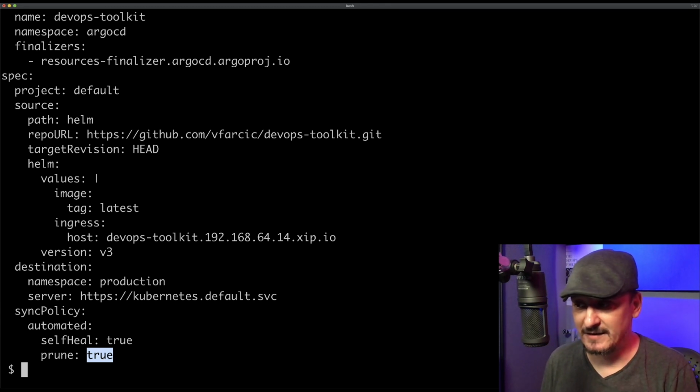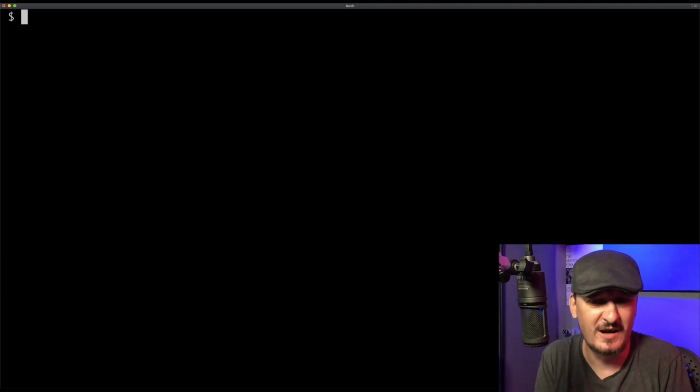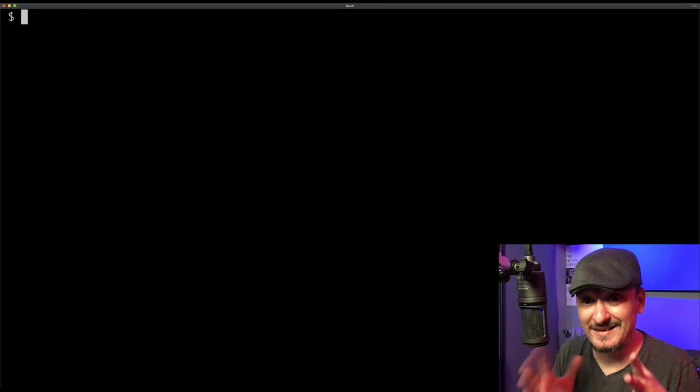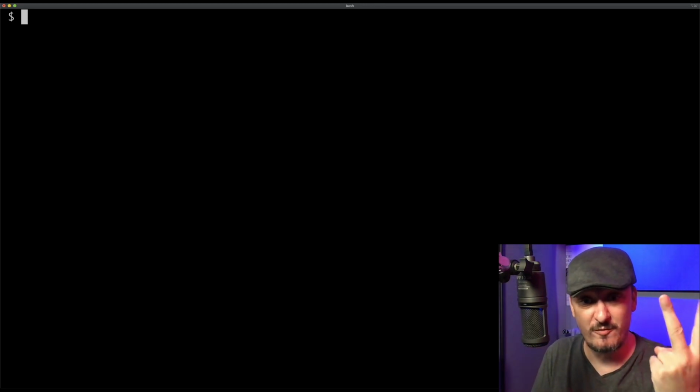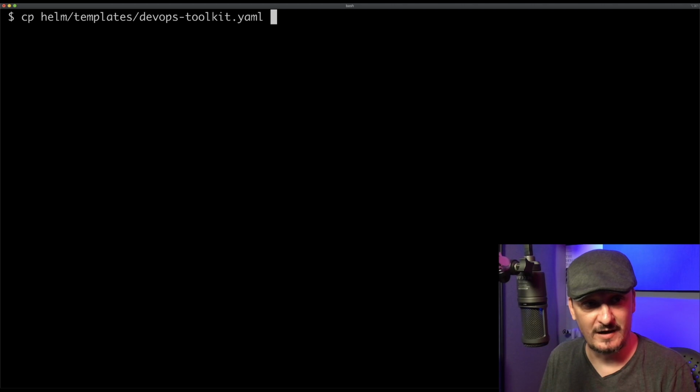Okay, that's nice. So we have one application defined. Now let me define another application. Production with only one app is kind of boring. So let's define that we want to run two applications. So what I will do is that I will copy helm templates. I will copy this file and store it as yet another one, DevOps